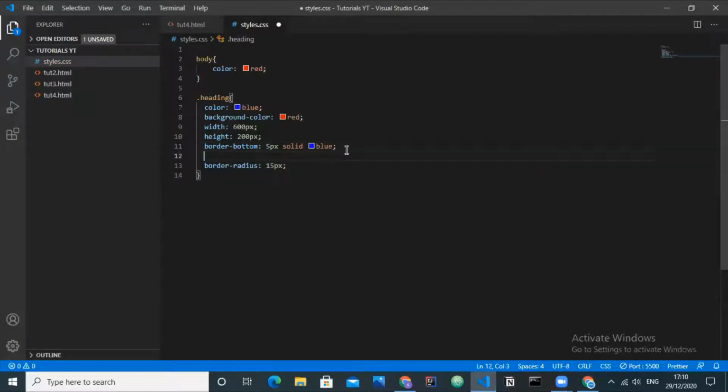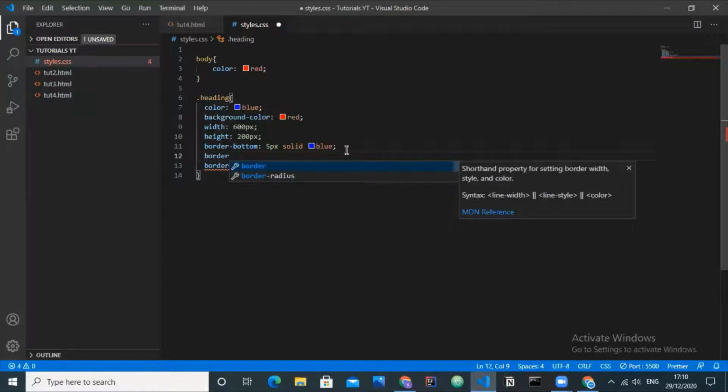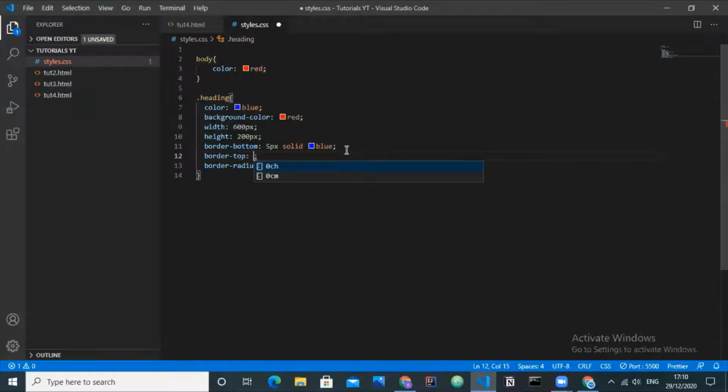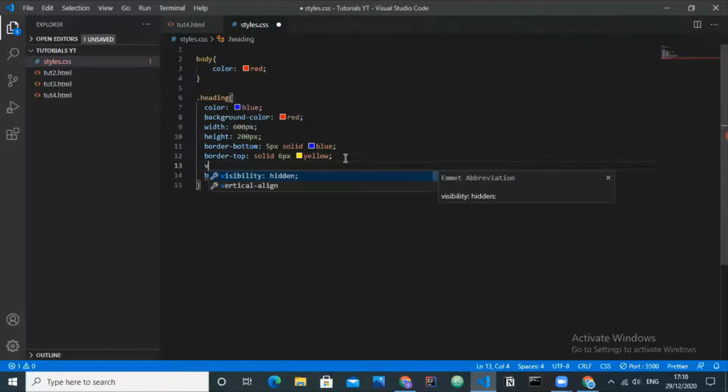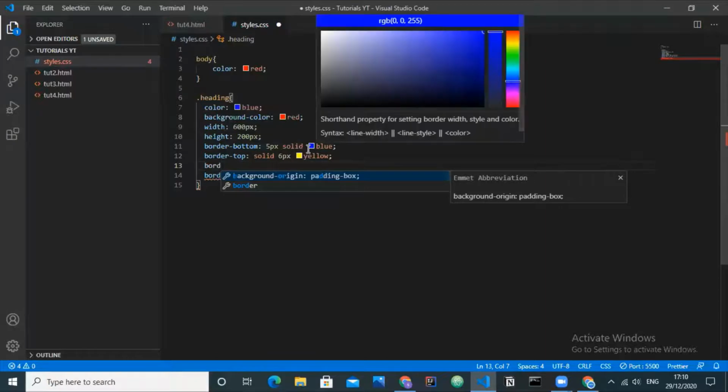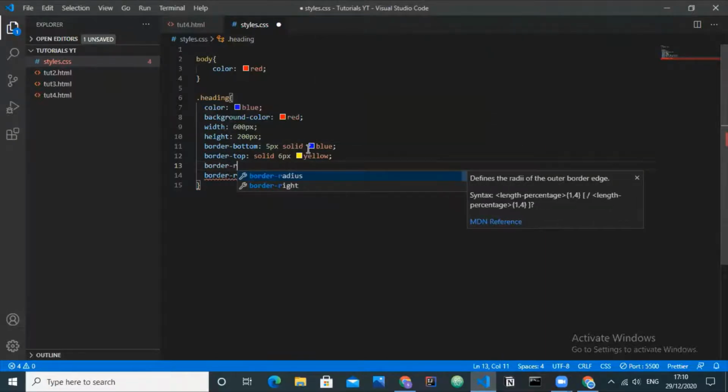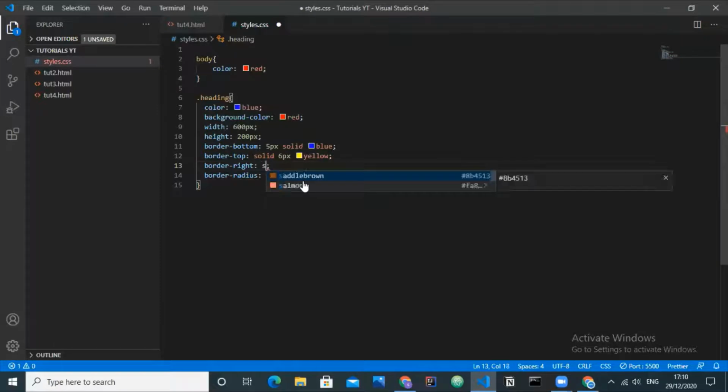Now border-top should be solid, 6 pixels, and yellow. Border-right should be solid, 6 pixels, gray. Let us take gray.